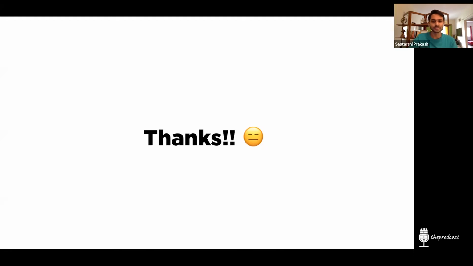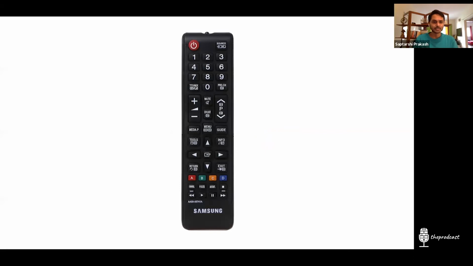Let me show you a few more examples. This remote, I'm sure everyone has seen it. Every single one has used one. This is the remote controller of a regular color television that you find in Indian homes, or rather, to put it this way, what you used to see once upon a time in Indian homes. A remote with lots of buttons, which helps you to navigate and do different sorts of functionality.